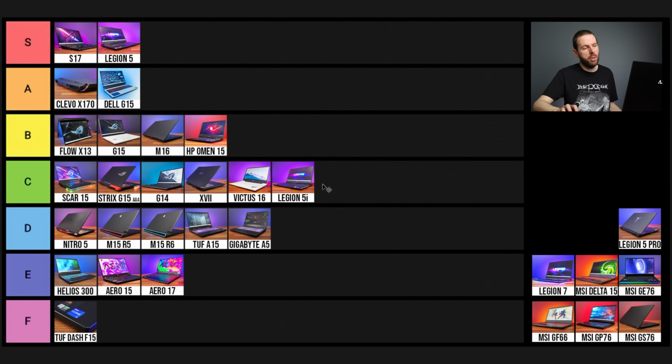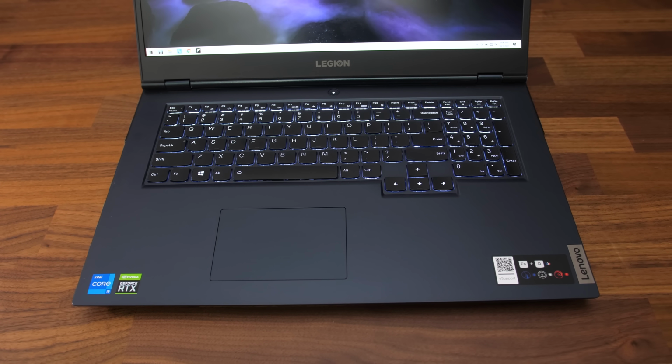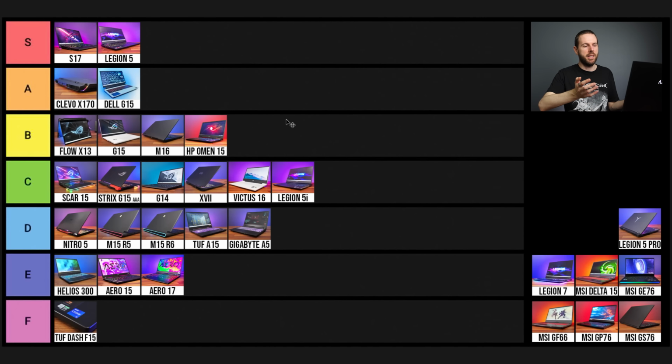Also, as an Intel model, the battery doesn't last as long as the AMD model, so that would be another negative. And also, due to that larger 17-inch size, I found that the keyboard and touchpad were just pushed back a bit too far. I constantly felt like I was reaching too far to get to them. I don't know if that makes sense. Like, I'd go to use the laptop, start typing, and then I'd be like, oh, I'm in the wrong spot. I need to move back more, just because they didn't utilize the extra space present